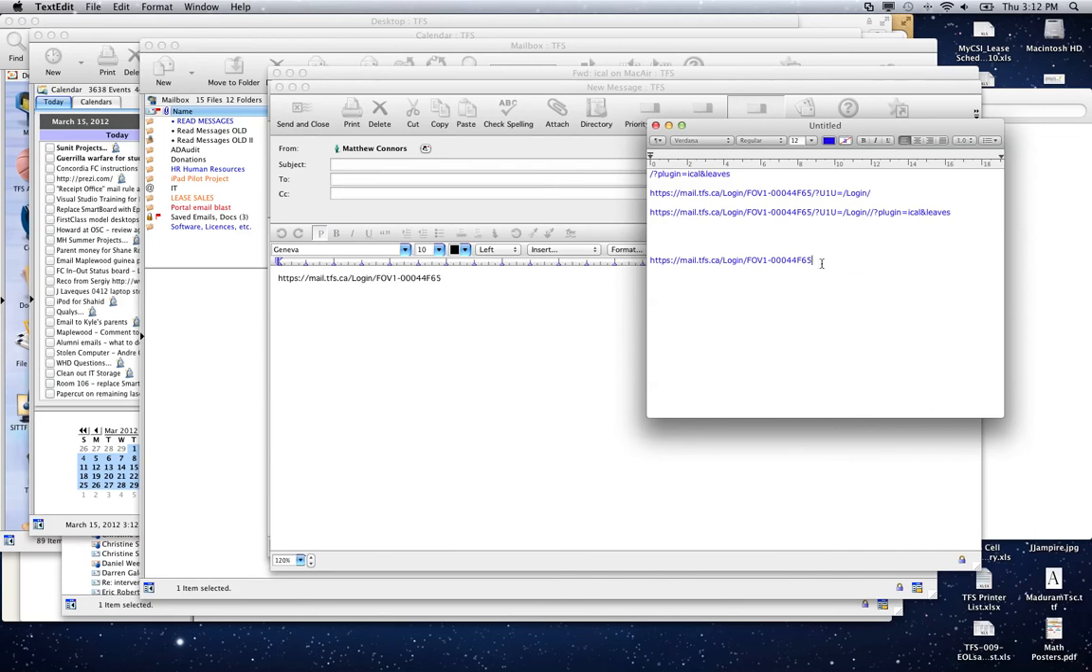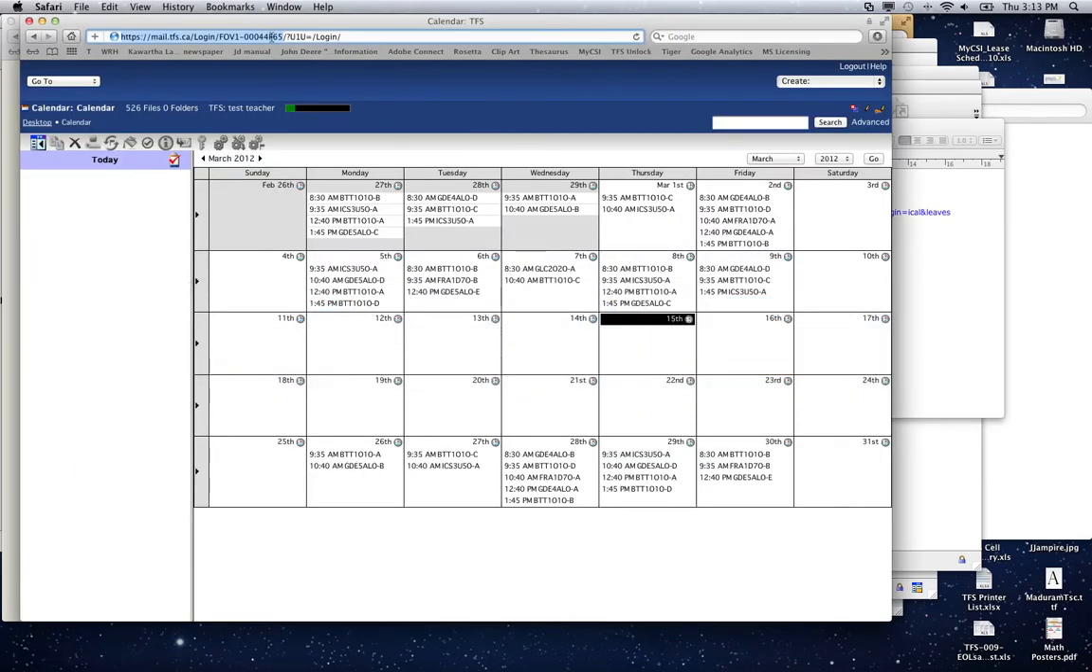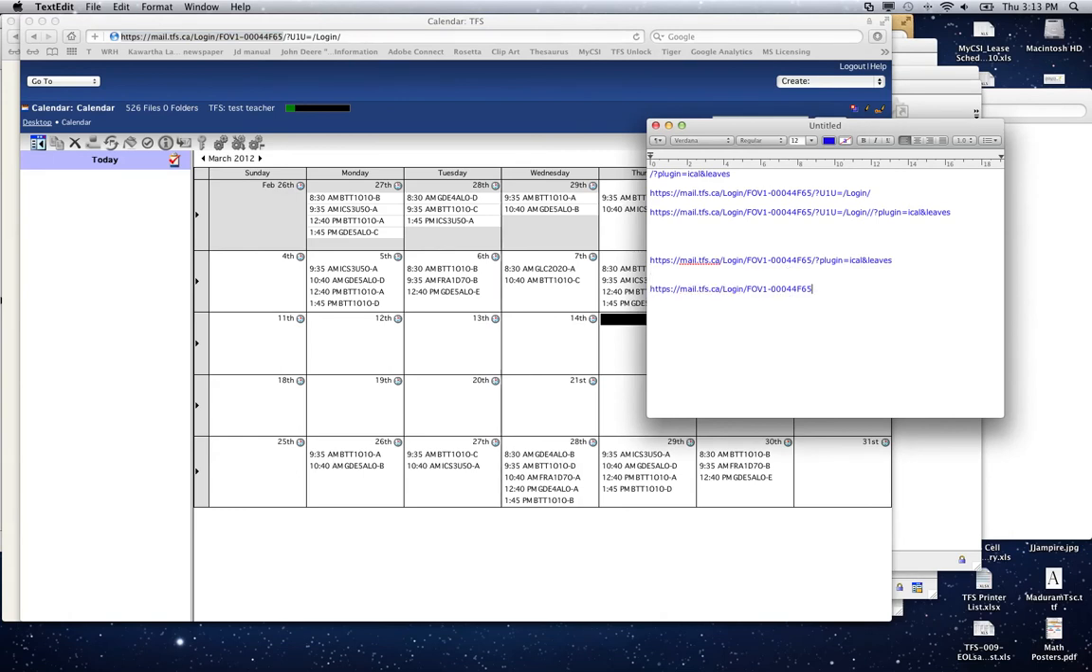Then at the end of that URL, you want to have this. So you want to make sure that you put in this part, which is, I'll give you a chance to write that down if you're viewing this video. It's question mark plugin equals iCal ampersand leaves. So that's the part you want to add on to the end. So again, just to summarize, you're copying this part from your TFS web calendar, and you're pasting that in, and at the end you're putting in this, and so you get this one big URL,